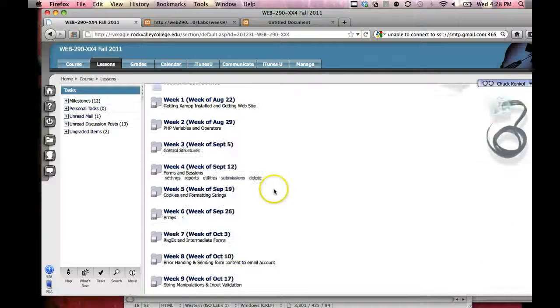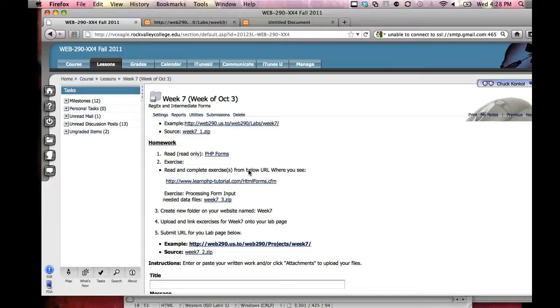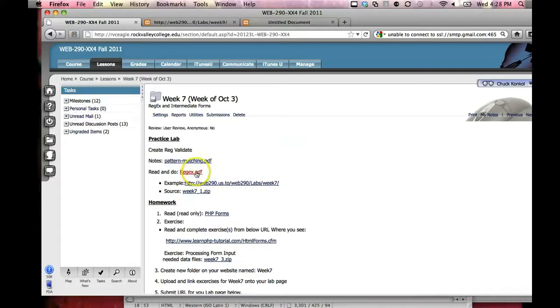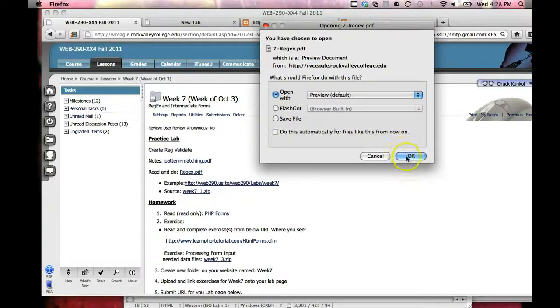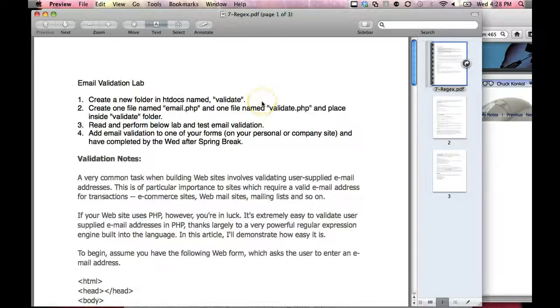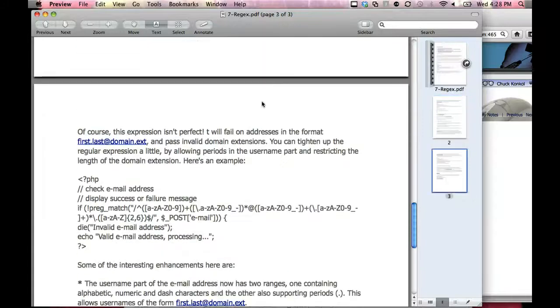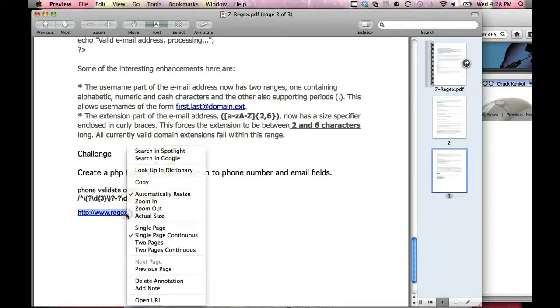Yeah, week 7, I give a website you can go to that gives all the different preg match examples. And so I'll open up this link here. I think at the bottom I give a preg match. Yeah, this regex library